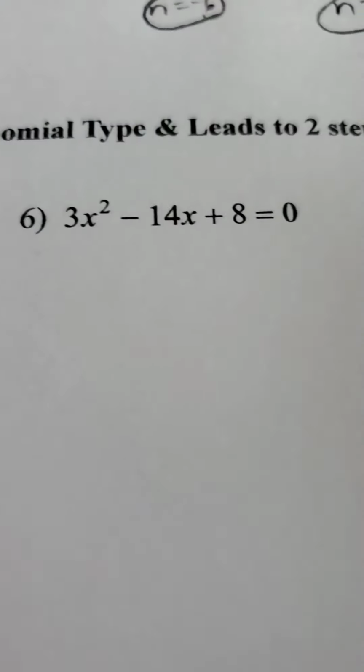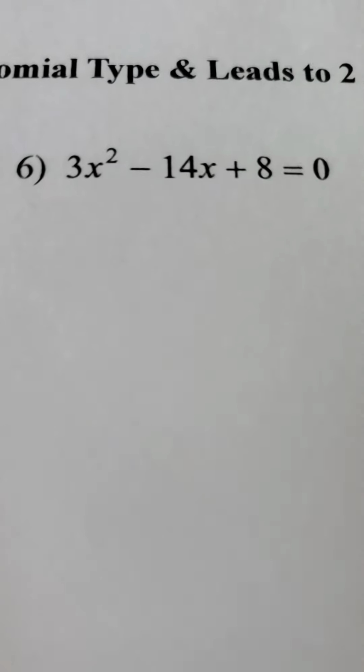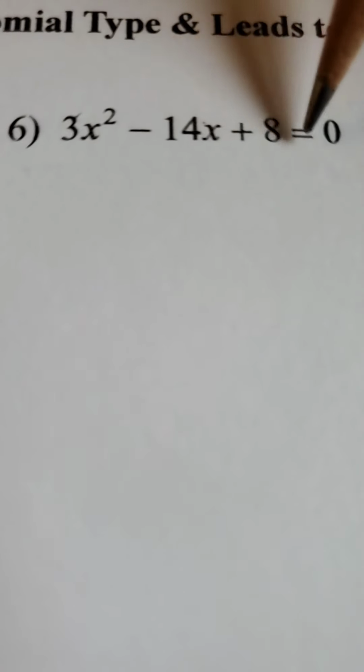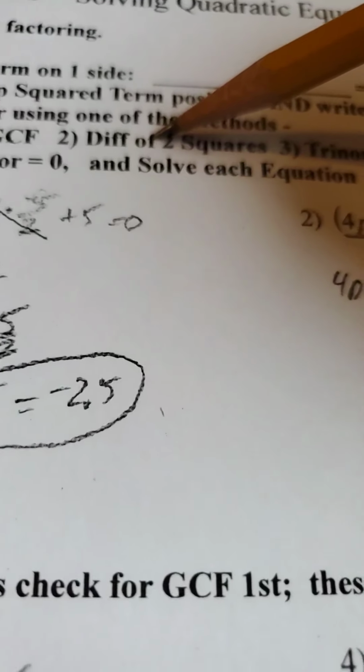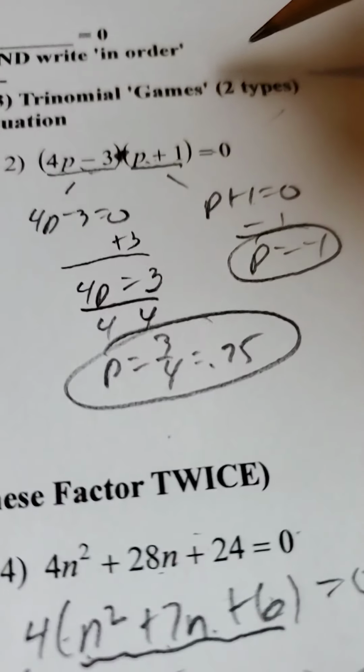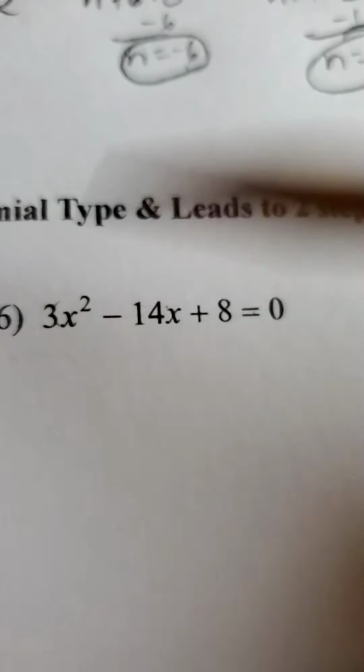And then this one is a little more difficult one. Everything's on one side, 0's on the other. I look for a GCF. There is nothing you can divide all 3 of those numbers by, so it's not a GCF. It's not a binomial, so it's definitely not a difference of 2 perfect squares. It is a trinomial. And instead of an x squared, it's a 3x squared. So this is the harder trinomial type,